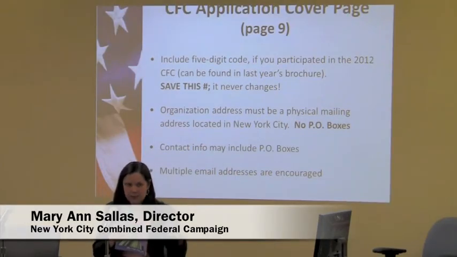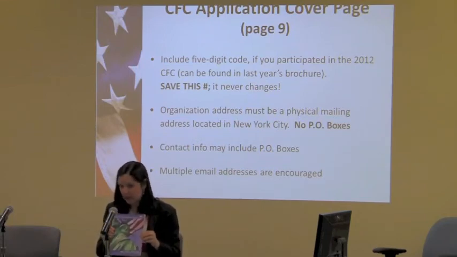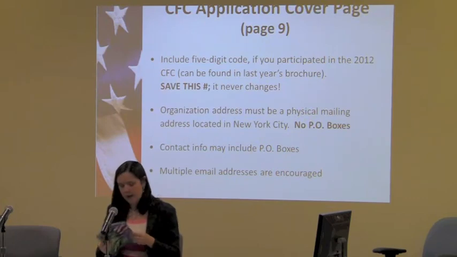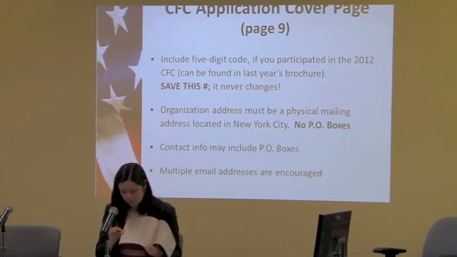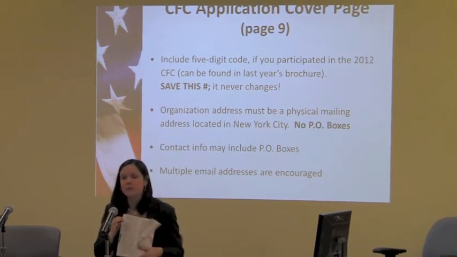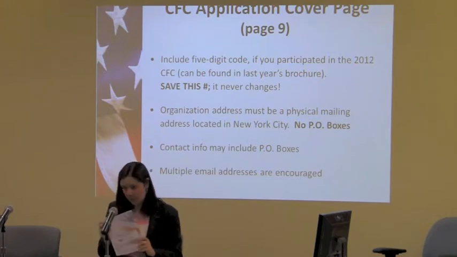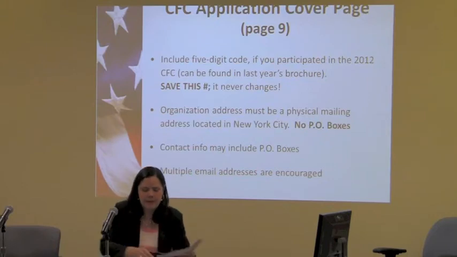All of the applications are accepted, and when everybody is in, this is what gets produced. This is the brochure that the federal employees are given to choose the charities that they have. There are 1,800 charities in this book, and it is like a little phone book. So each one of yours is going to look like this, and this number that runs up the side is the 5-digit number. So if you have applied before and you don't know your number, we can look it up in here today before you leave.